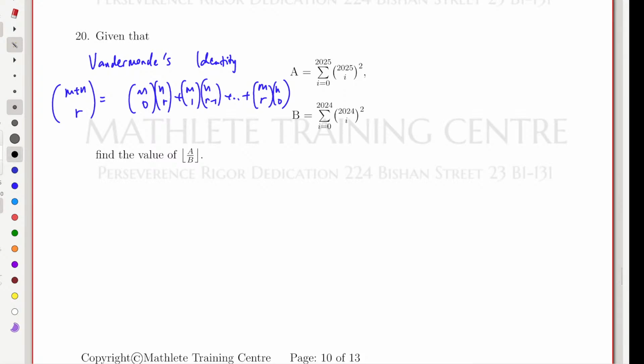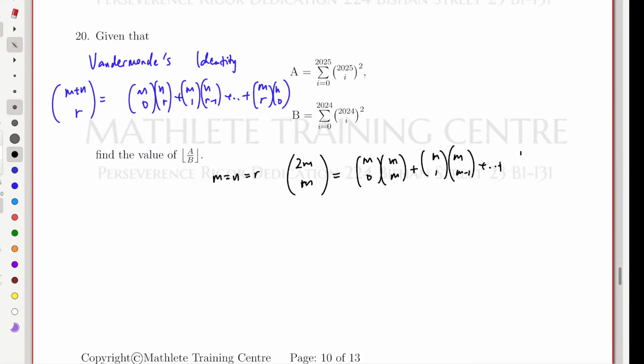Now for this question, what they do is that they choose m equals n. So then it looks like 2m choose r is something else. But not only that, they choose m equals n equals r. So actually it's 2m choose m. Then I'm thinking, m choose 0, m choose m choose 1, m choose m minus 1, and so on. But then if you think about what that actually means,